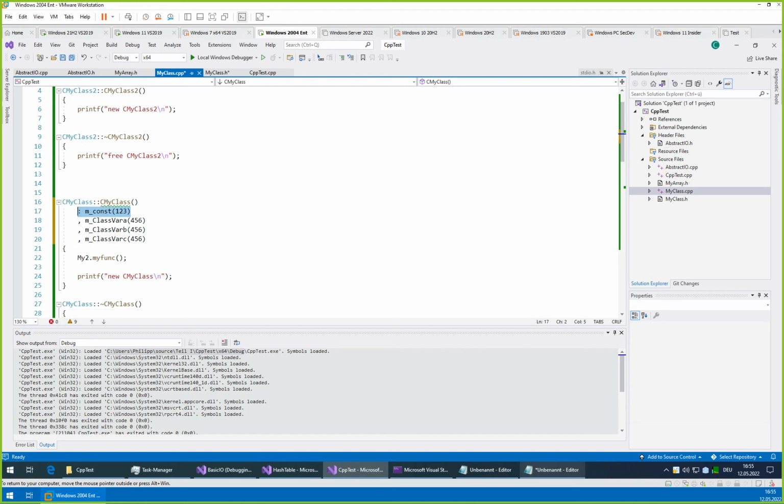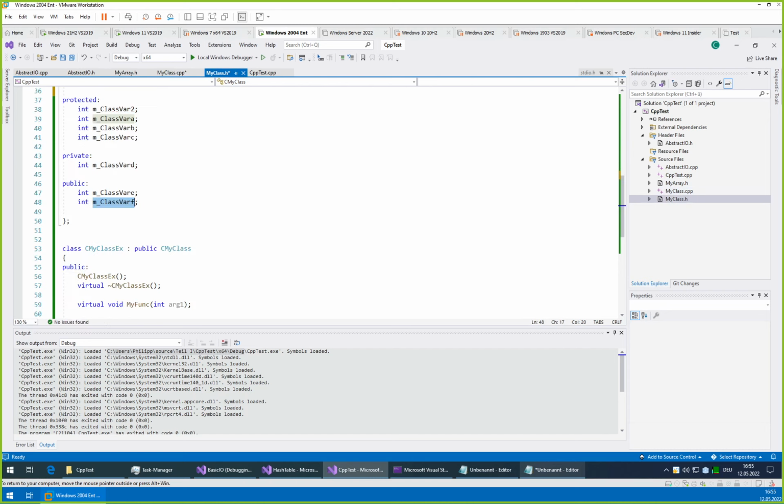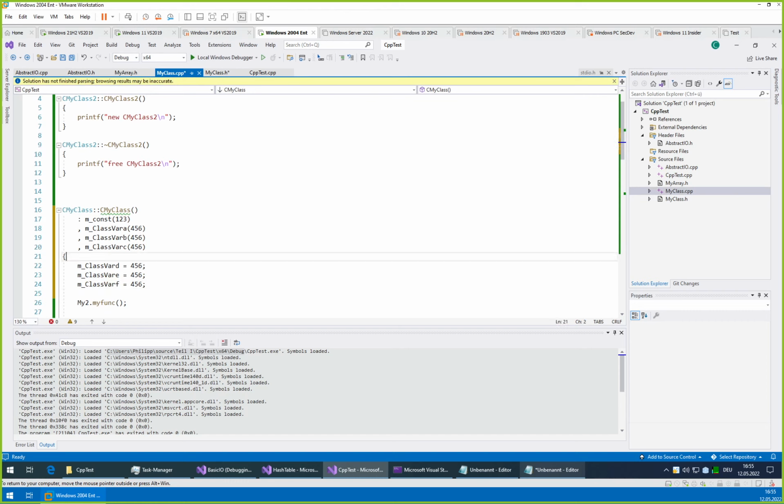And the constraint does not apply in this initialization list. If something is not const, then you can just write to it in the body of the constructor. So D equals, I don't know, phi from 6 again. I think we had up to F. Did we have an F? Yes. Just fine. But not to the const one. So if you would try to write the const thing here, the compiler will of course complain immediately that this is not permitted.